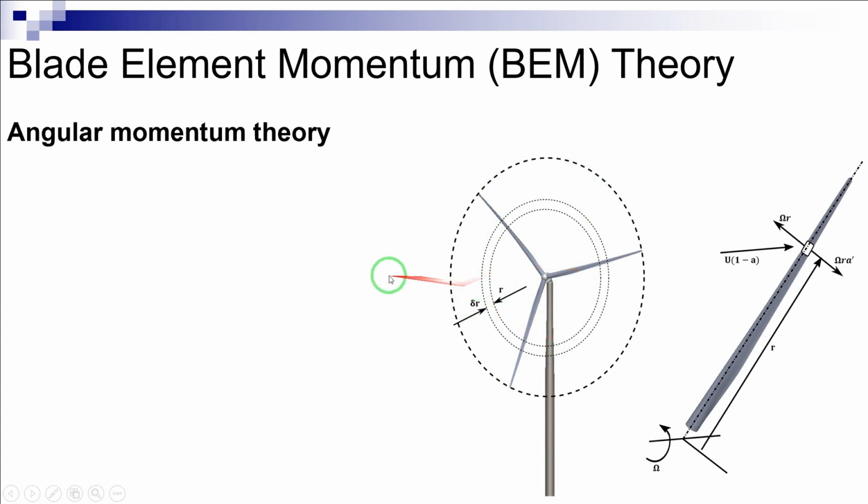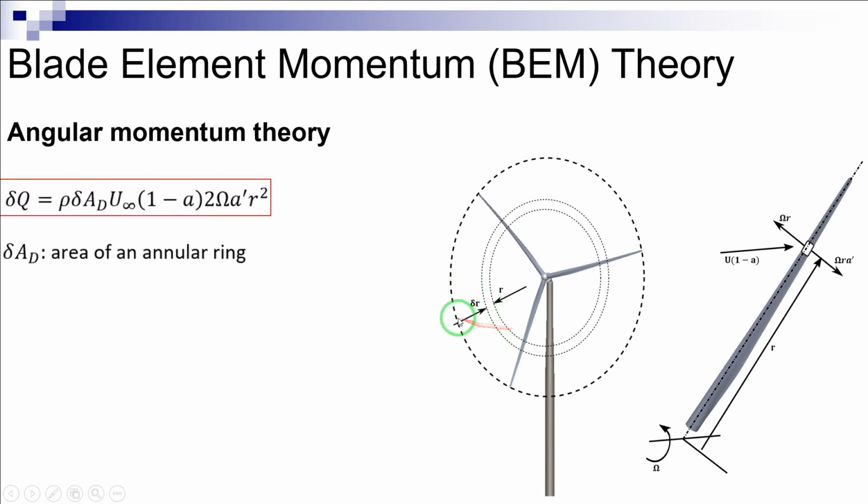The tangential velocity component imparted to the air is a result of the rotor torque acting on the annular ring as shown here. The whole disc is assumed to be composed of annular rings which act independently in imparting momentum to the airflow that passes through the ring. The torque acting on the ring can be estimated as the rate of variation of angular momentum of the air